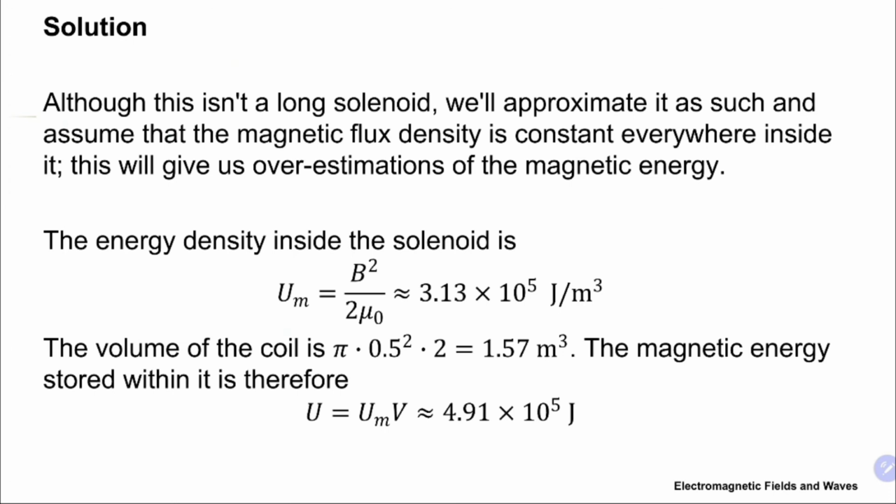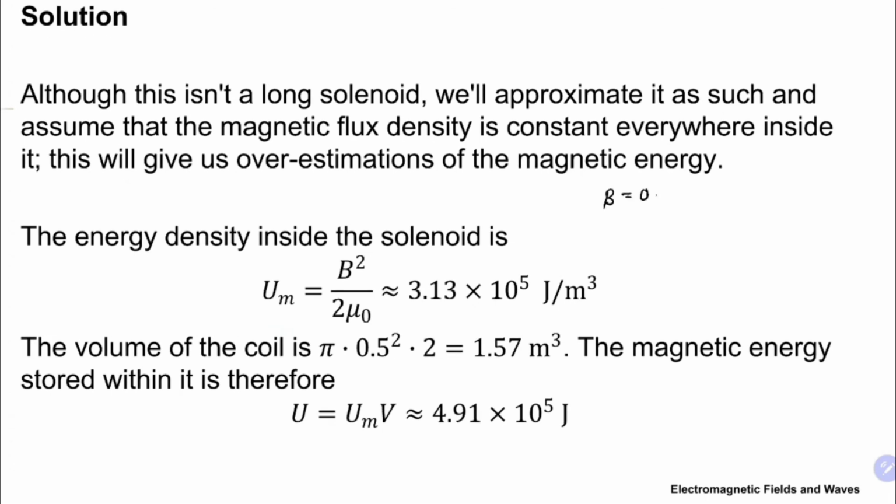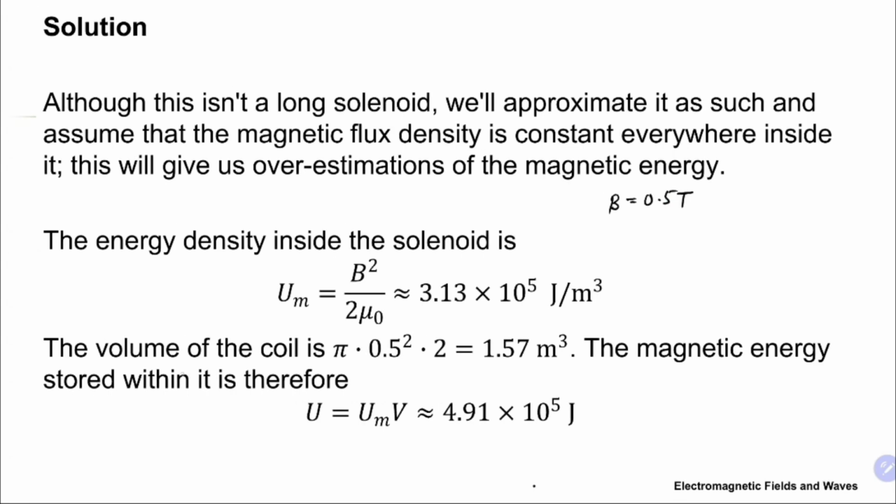So UM equals B squared over 2 mu naught. B is given as 0.5 Tesla. The volume of the solenoid or the coil is pi times 0.5 squared, and then the length is 2 meters. That gives you 1.57 meter cube. The magnetic energy stored within it therefore equals UM times V, and that gives you 4.91 times 10 to the 5 joules. Okay,